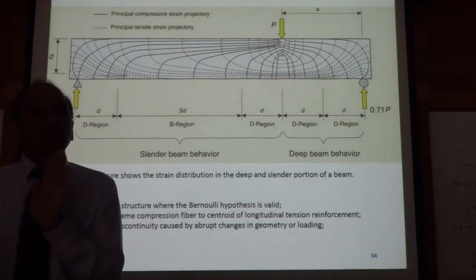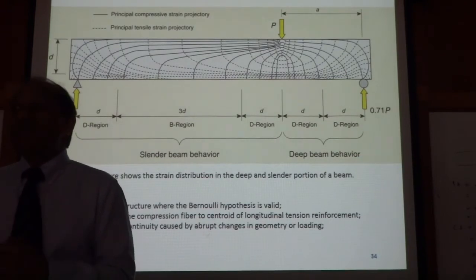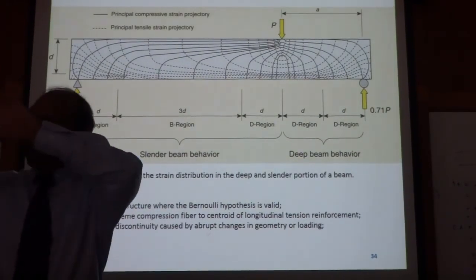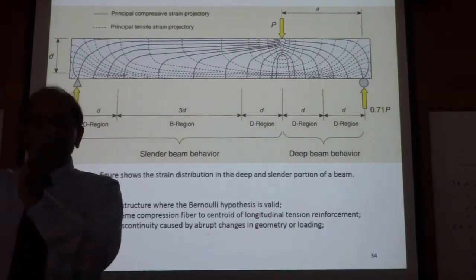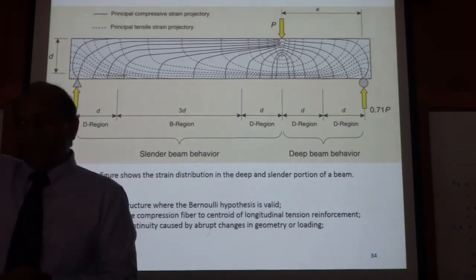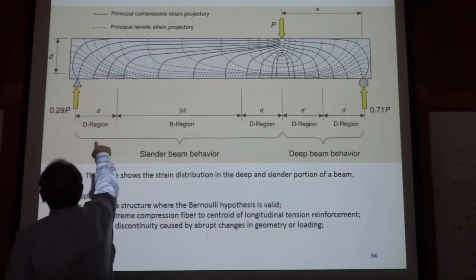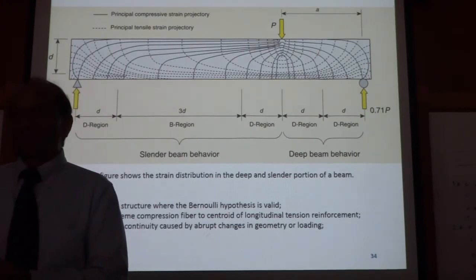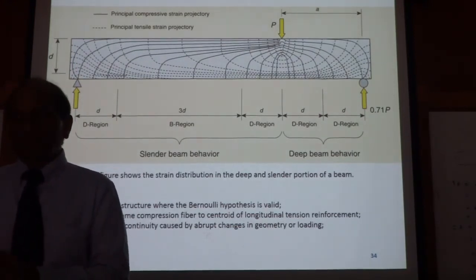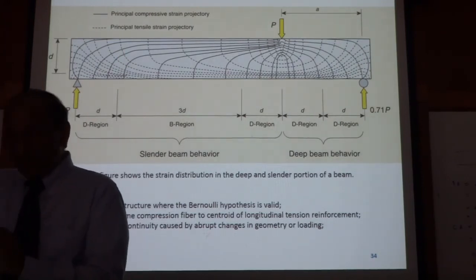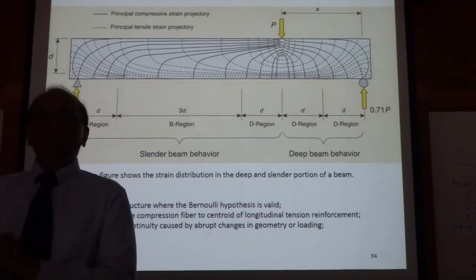This brings us back to which principle? That we studied in the morning: the Saint-Venant principle, which says that the disturbance is local, and about the size of the member or a 45-degree angle or something like that is where the disturbance will die away. So that gives us the idea of the D regions. So D and D, 45 degrees approximately, is the starting point of our definition of the D regions. After that, the stresses will become uniform, so we can treat them as normal. But in that portion they are not uniform yet, so we need different methods.